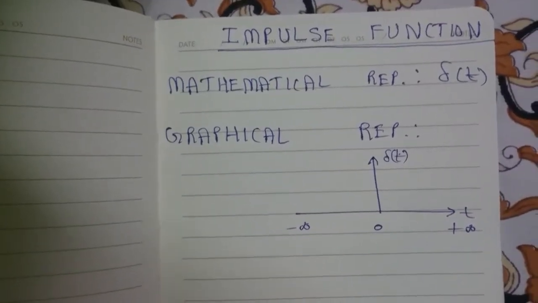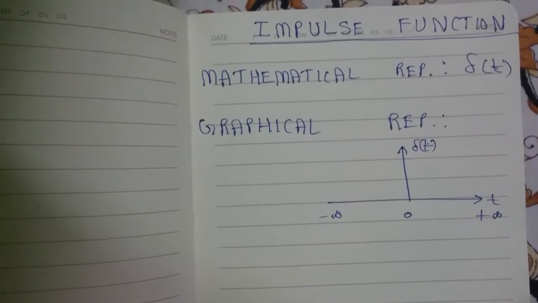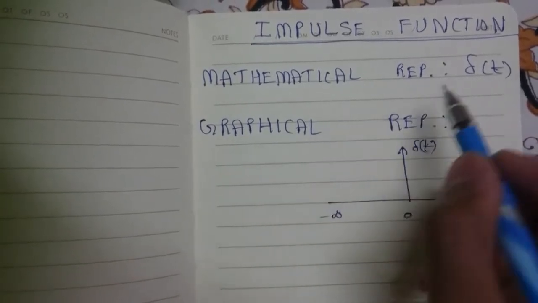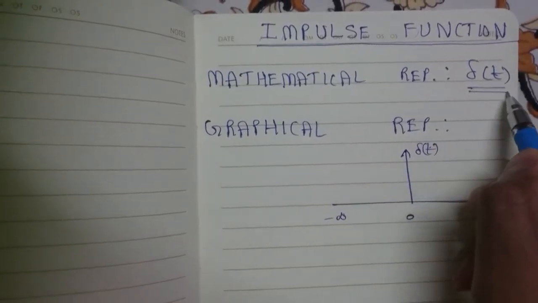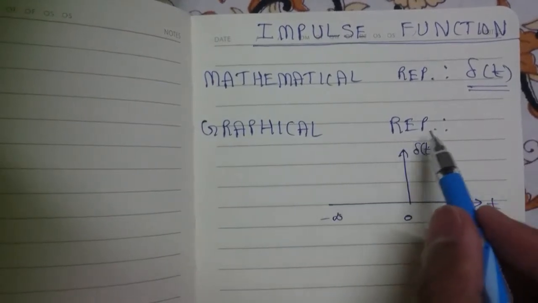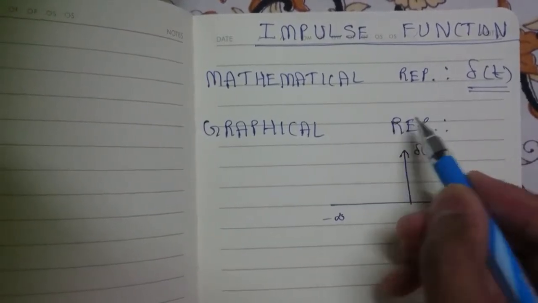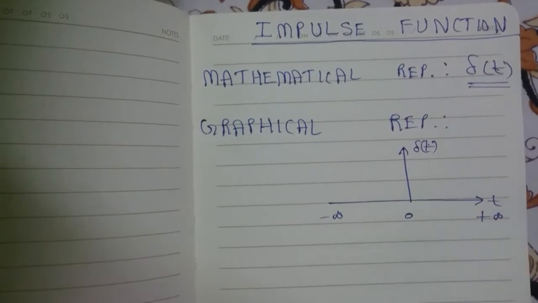So today we will see about the impulse function. Coming to the impulse function, mathematically it is represented as delta of t. Coming to graphical representation, on a graph paper, how you are going to represent the impulse